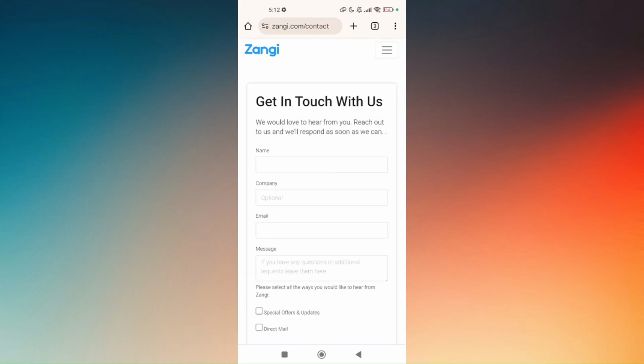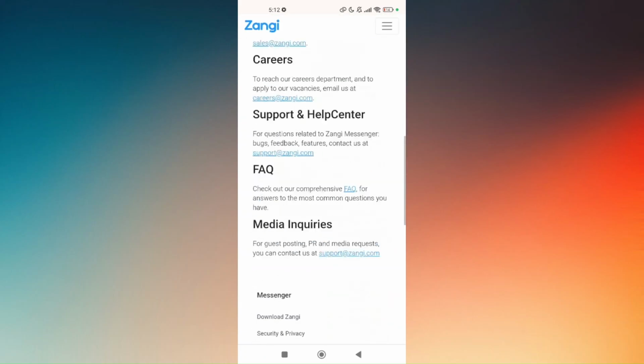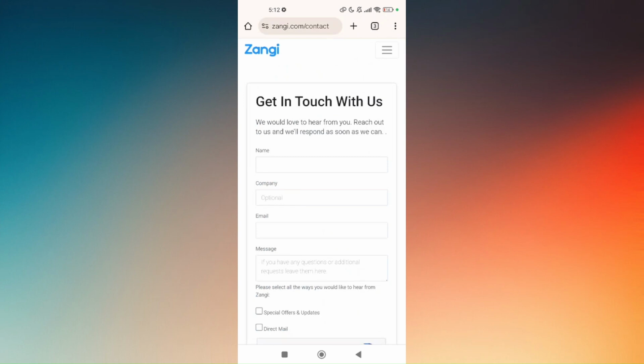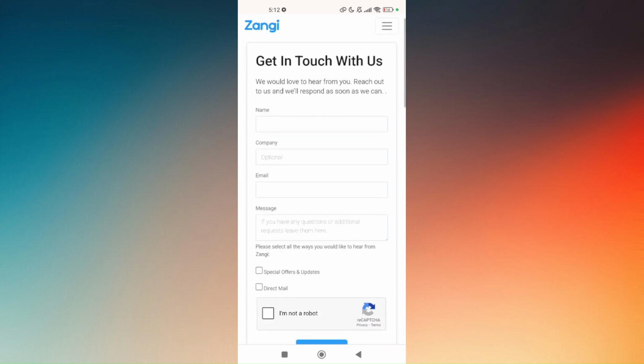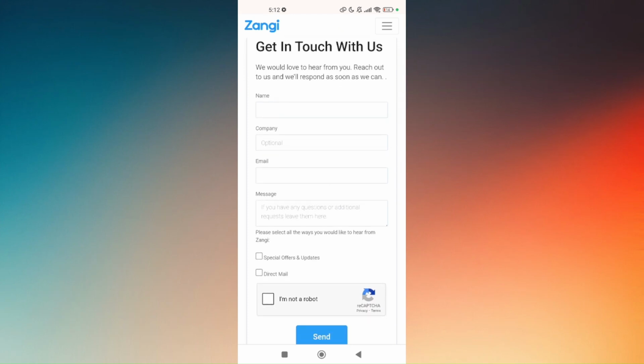directly to zangi.com. In here, you just have to complete all of these necessary forms so that you will be able to get in touch with the Zangi support. Add your name. If you have any company name, then add it there. Email associated with your Zangi account, and then you just have to be specific on the message tab that you